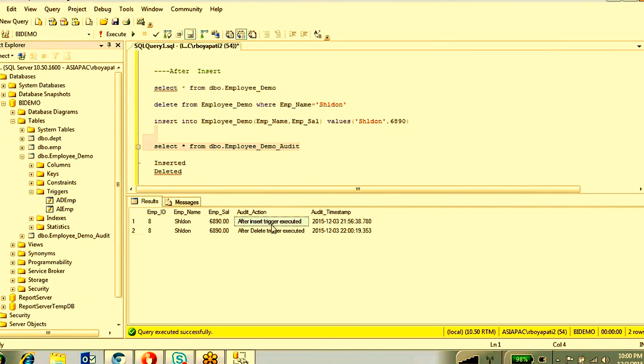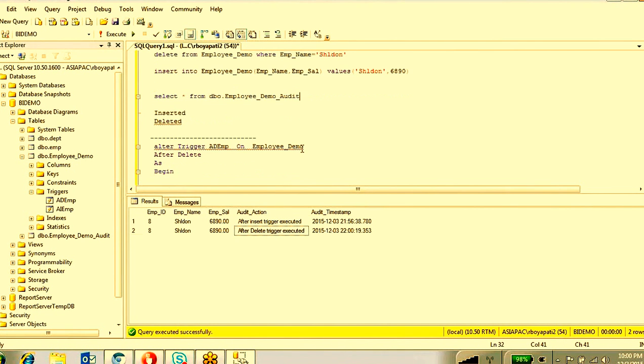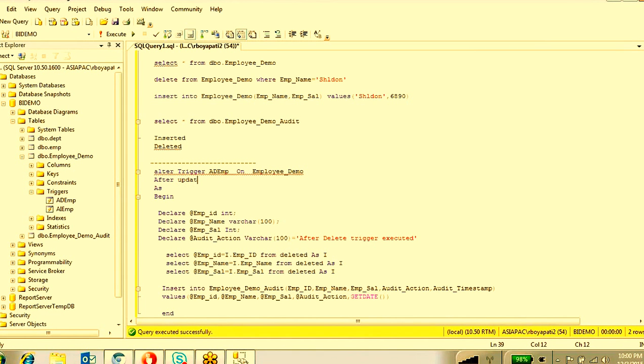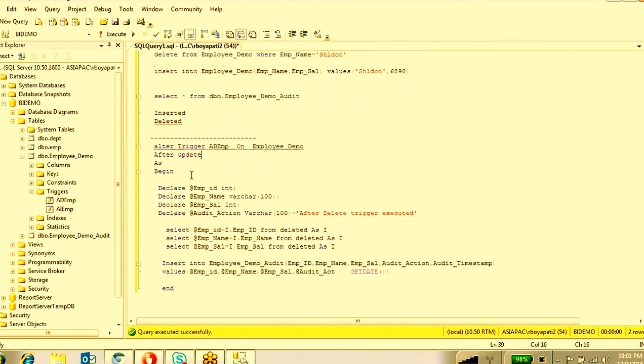So this way you can write insert and delete triggers. In place of inserted and deleted, you can use updated; you can create an update trigger also. In the update case, the old record being updated comes into the deleted table, and the new value you are updating comes into the inserted table.